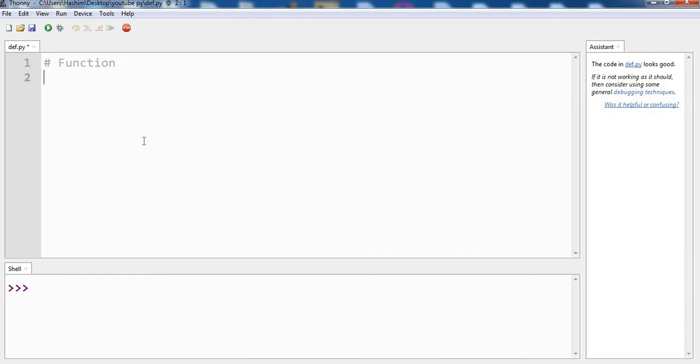Before we actually start creating functions, let me explain that there are three kinds of function. First are the built-in functions that we have already used before, like the input function and the length function, which lets you count the length, and so on. Second are the functions defined in modules, which we have not seen till now.